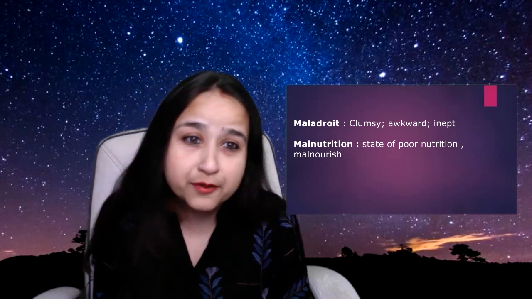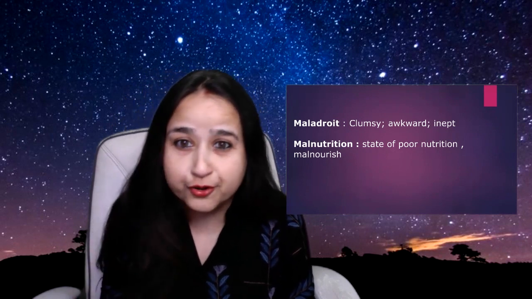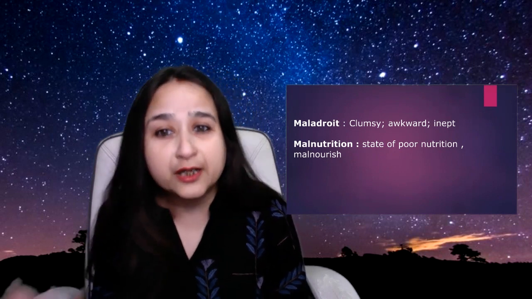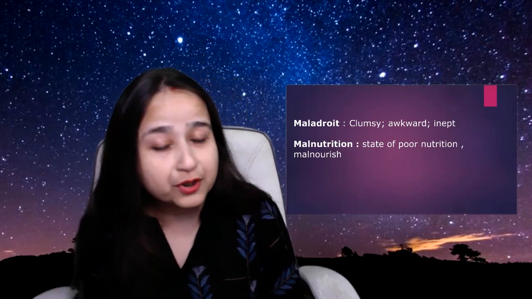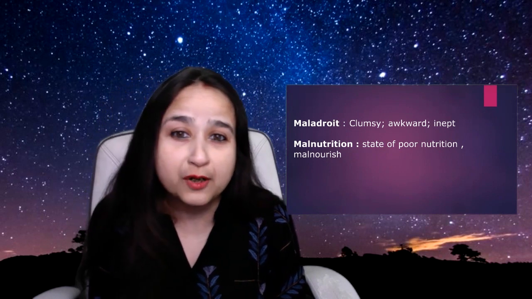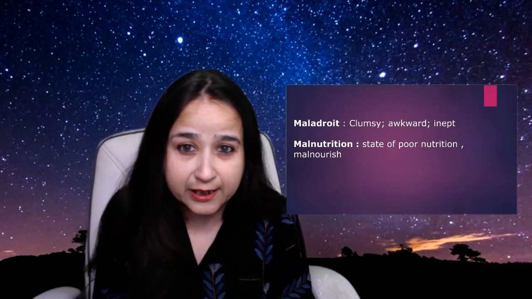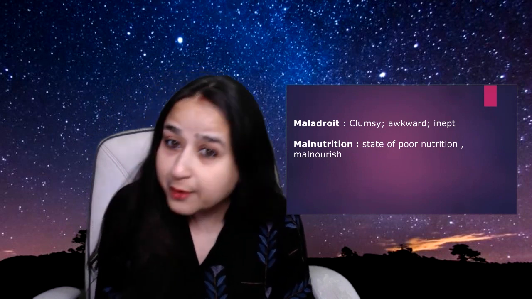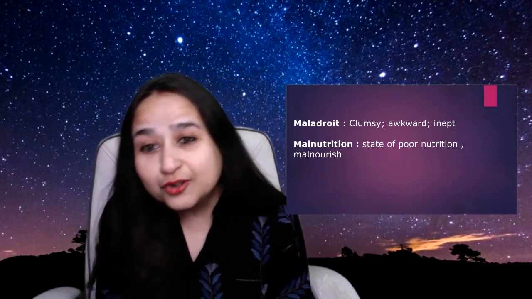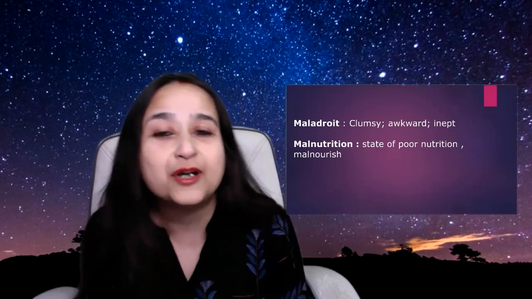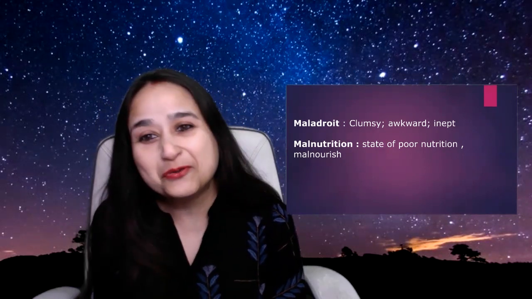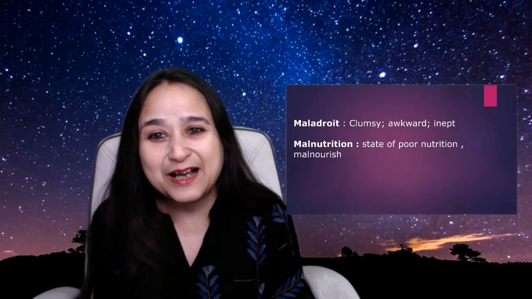And malnutrition, a state of poor nutrition in which you don't have adequate food or nutrition, enough vitamins, so you're turning weak due to malnutrition. This happens especially in the case of children or for people who are not able to take care of themselves. So these were more than 25 words which we did with the root word mal, and I hope you learned